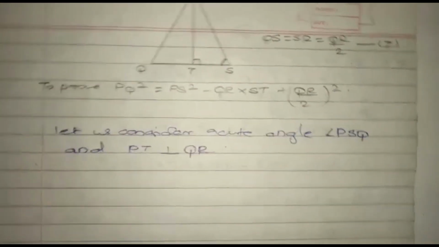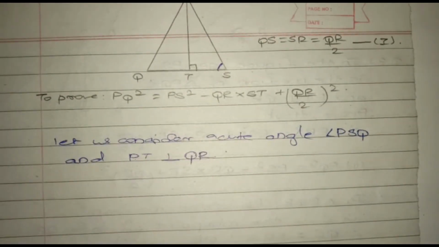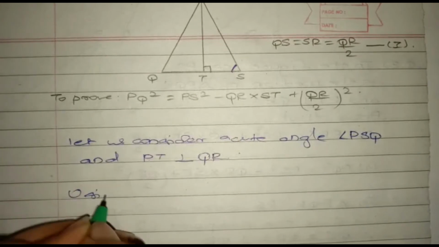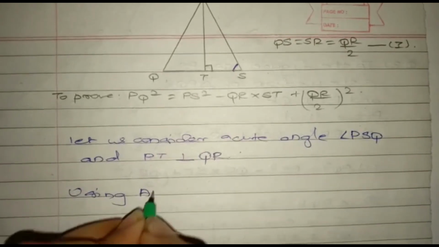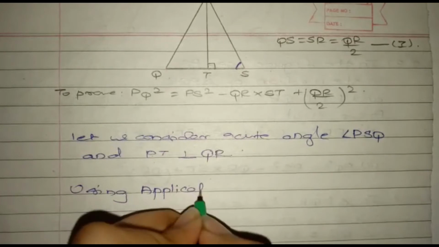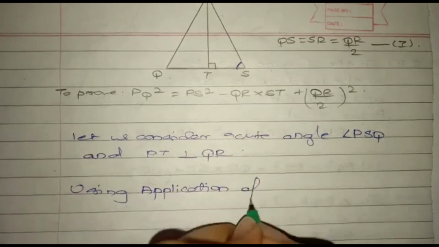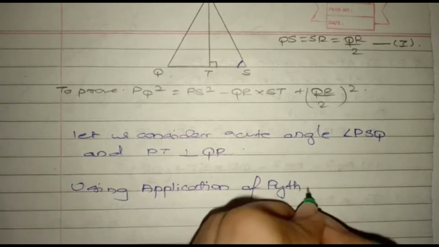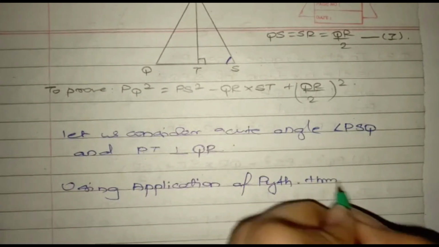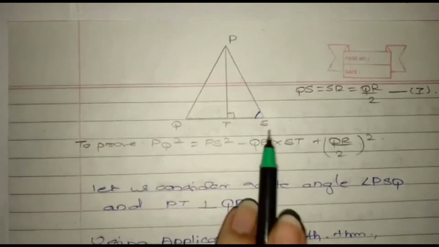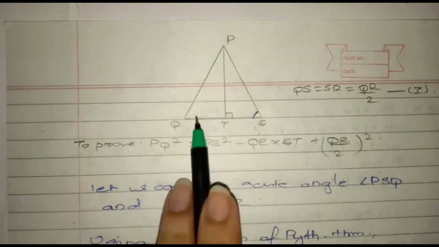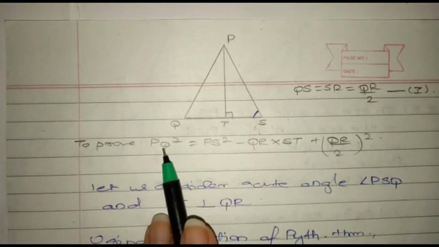Okay, so therefore using application of Pythagoras theorem, what we will get here, this is the acute angle we have considered. So the side opposite to acute angle is PQ square, which is needed here. So PQ square